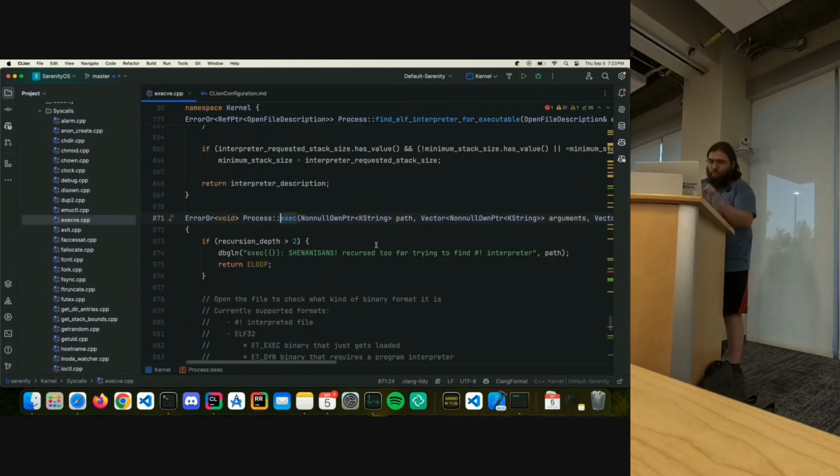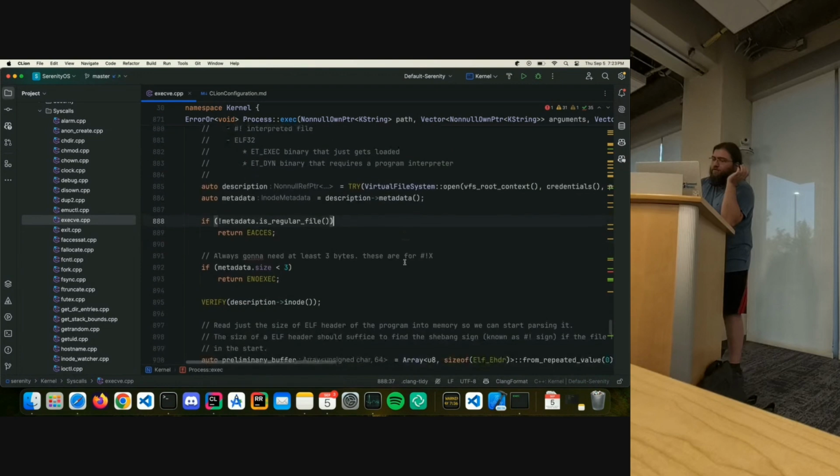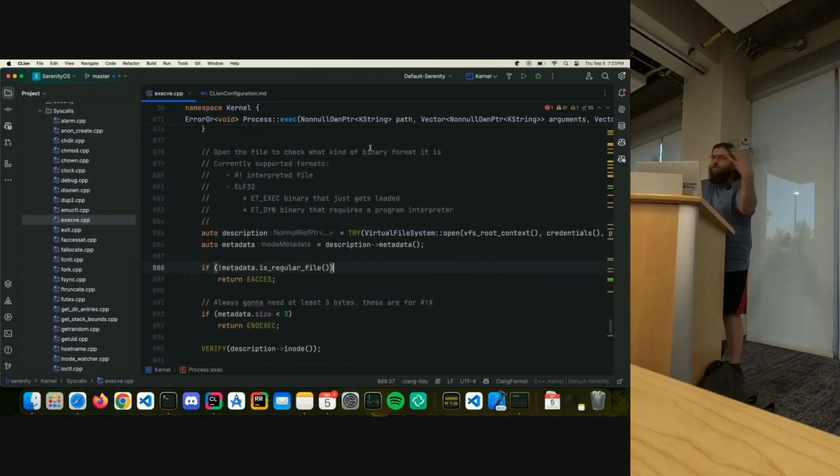So what exec does, first thing is it looks at the front of the file to figure out what it is. There are two options here. The first one is a shebang interpreted file. If you have any file on a Unix system that starts with a shebang, we're going to assume the next text is going to be the interpreter. Does everyone know what shebang means? Yep, that's hash exclamation point. It means, hey,